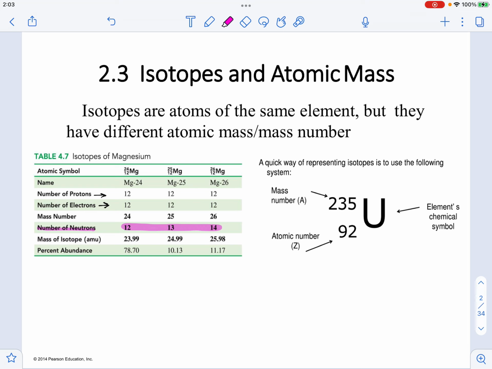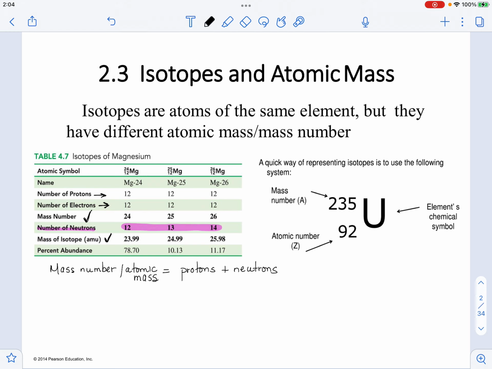So if you affect the number of neutrons for a particular atom, and since we learned previously that mass number, slash atomic mass, in general is going to be protons plus neutrons, then it makes sense that if the number of neutrons is different between the different atoms, then they're going to have not only different mass numbers, but also different mass for the isotopes, just because of that difference in